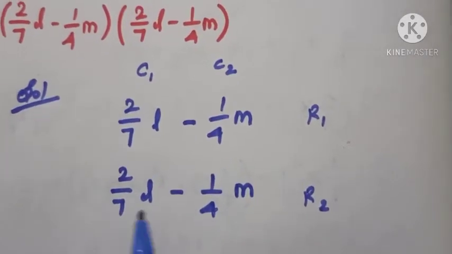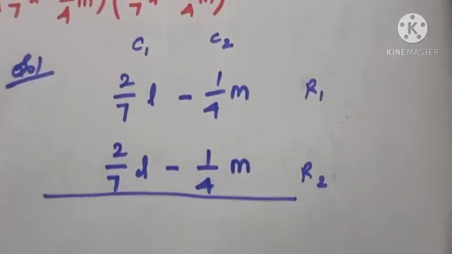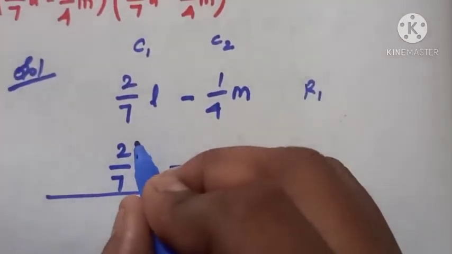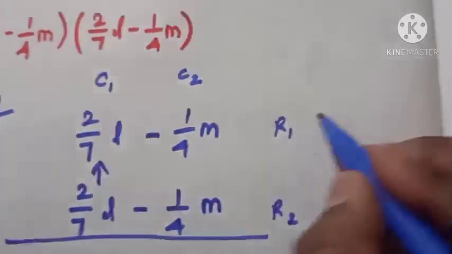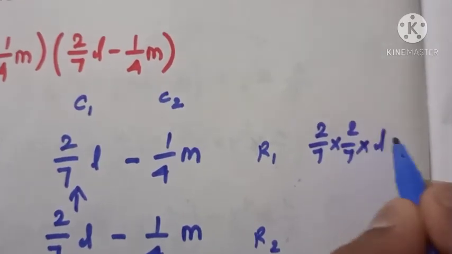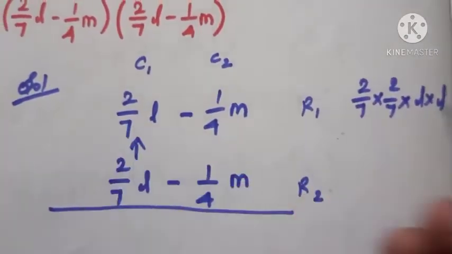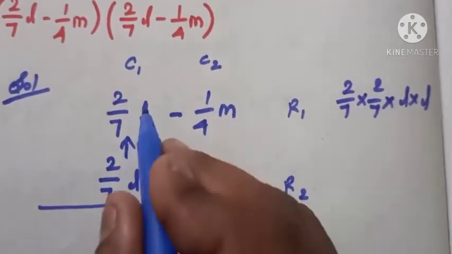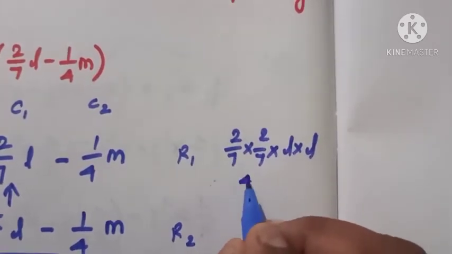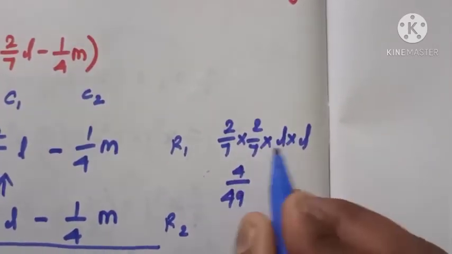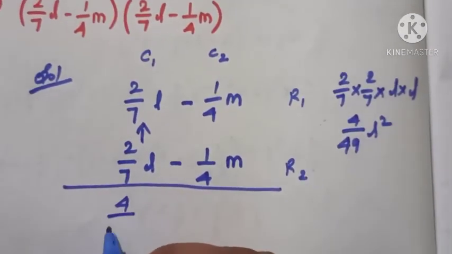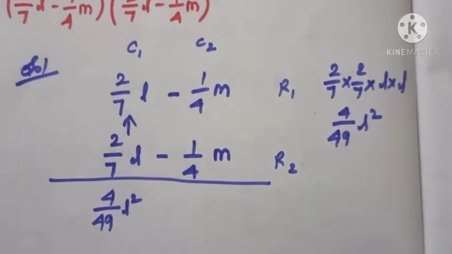Okay, so normally we need to go with the same multiplication as it is. First you multiply this 2 by 7 with this one. So in the first column you go with 2 by 7 into 2 by 7 into L into L, because plus into plus is plus only. So 2 by 7 into 2 by 7, L into L. Okay, so what do you get? You get 4 by 49, since 7 sevens are 49. L into L you get L square. So now you get the first value, 4 by 49 L square.